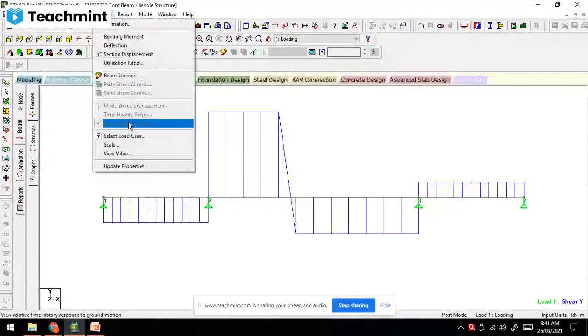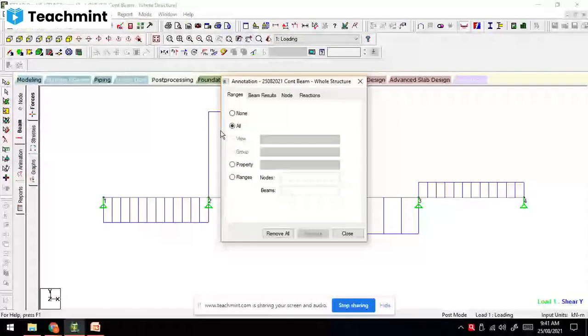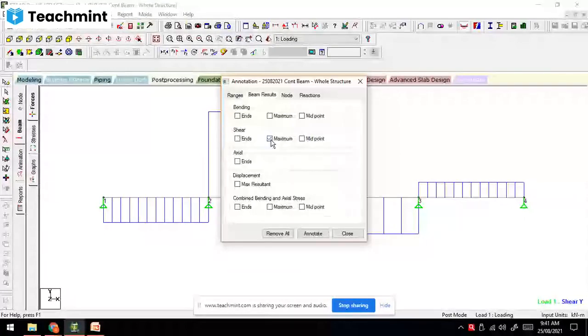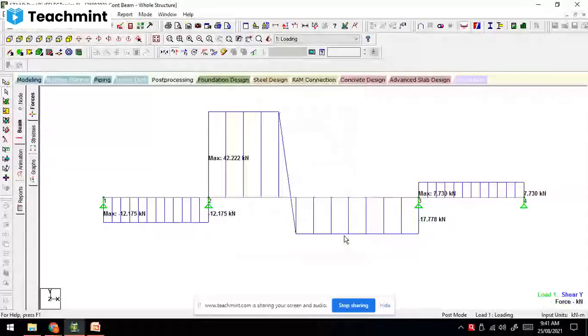Now click on result, view value, beam result. These are the values of your shear force. 12.1275, that is the reaction at A, then the resultant reaction at point B is 54. So 12 plus 42 is 54.